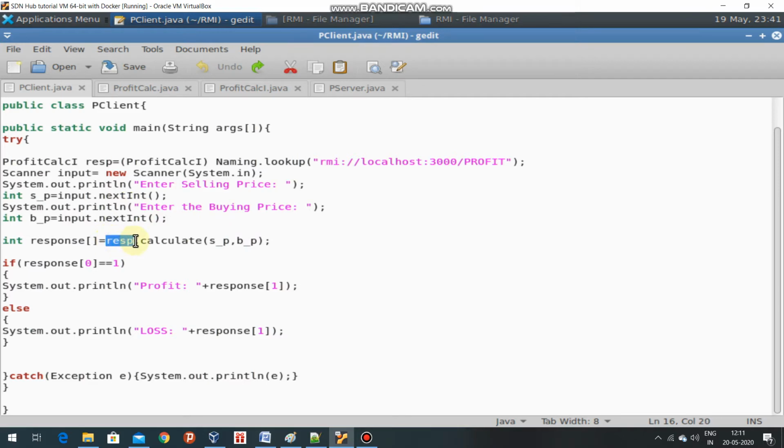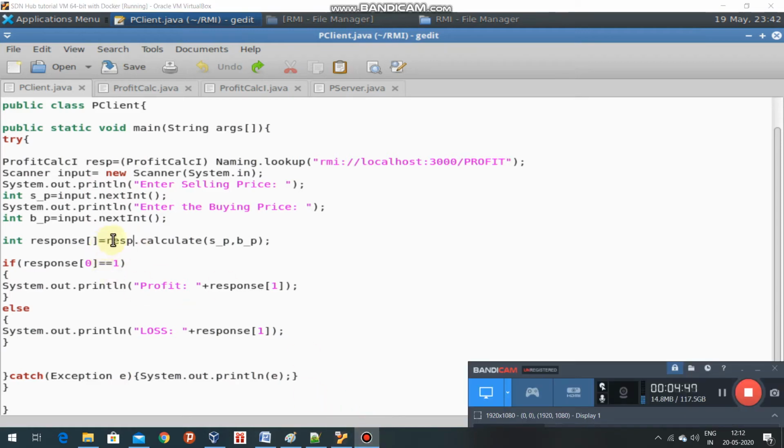In general Java programming, we create an object and use it to invoke methods, but here there is no such object locally. This is an object reference from the server side. It's not a remote object, it's a proxy object. Using the proxy object, I have invoked the method, passing the parameters selling price and buying price, and it will return an array.